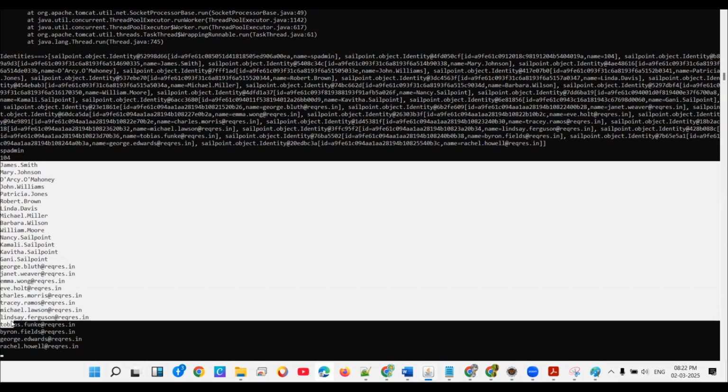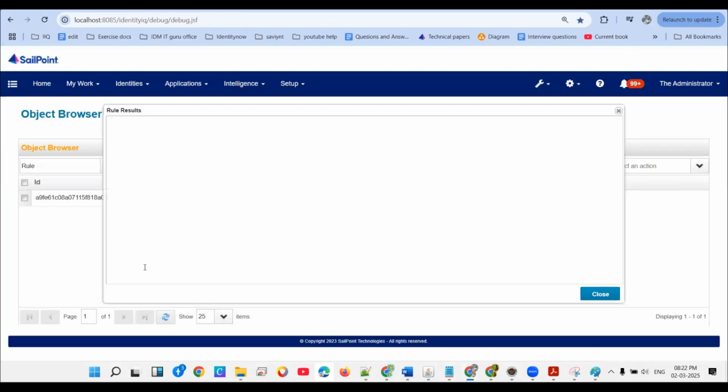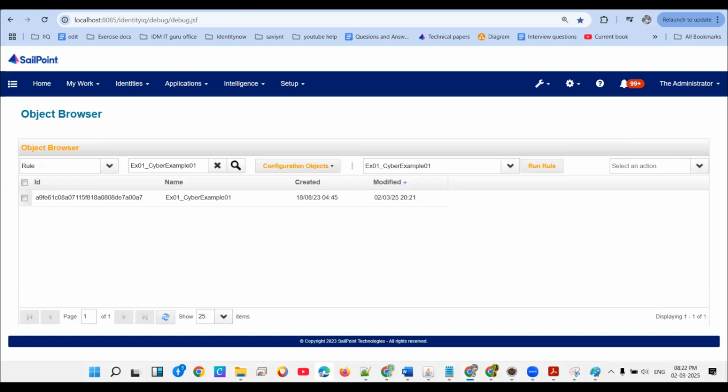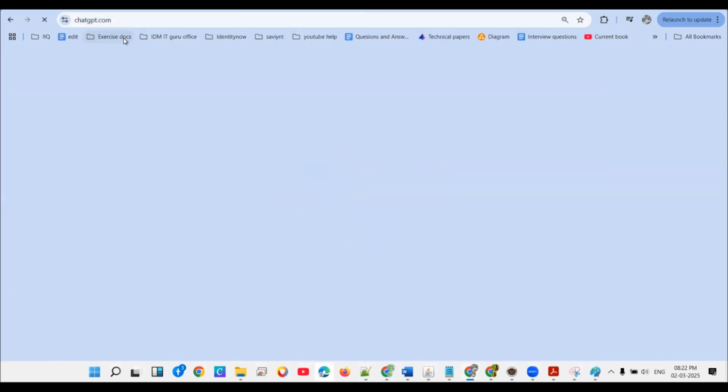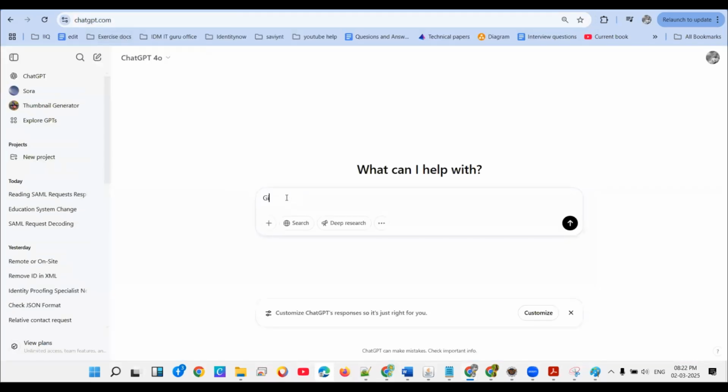Now, in the same way, I did the programming by hand. Now, how do I use ChatGPT and fulfill this requirement? For the things I'm doing here, SailPoint: give me a code to get all identities from SailPoint IdentityIQ,